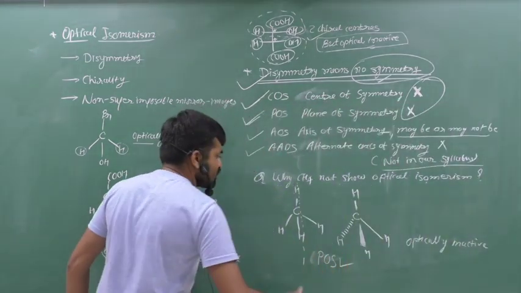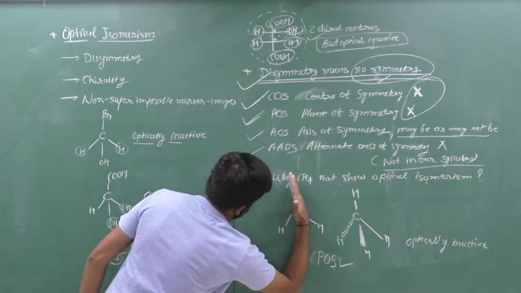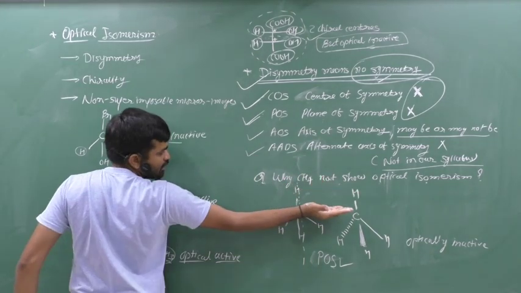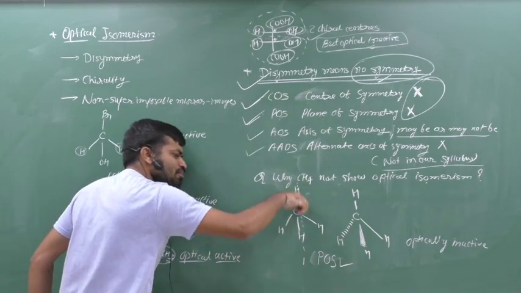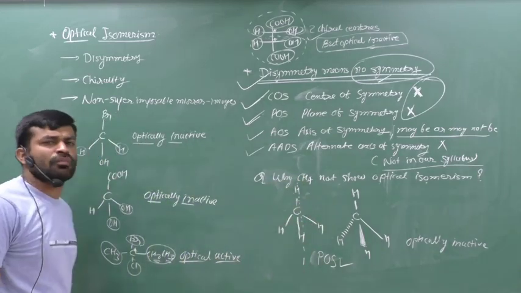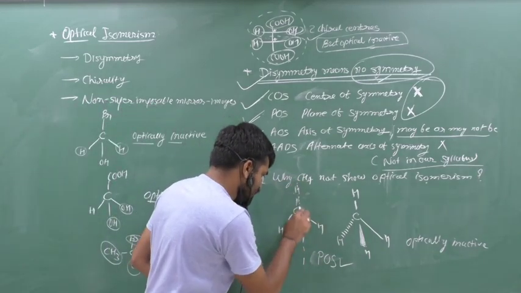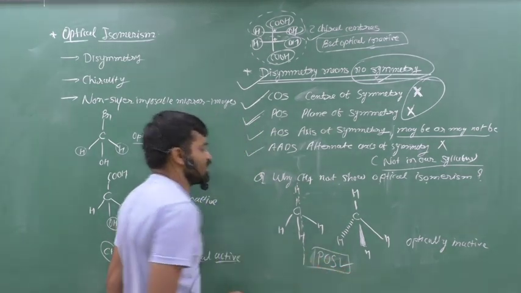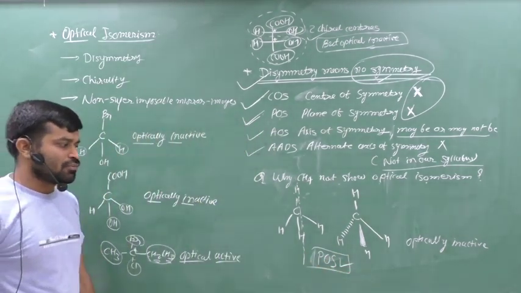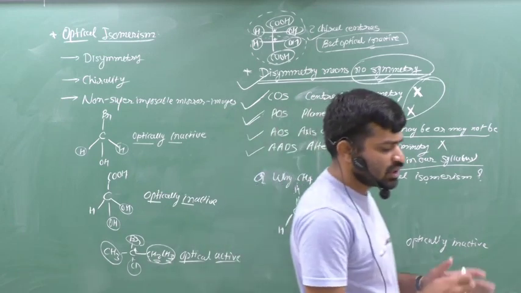It is not necessary to pass the plane like that; you can also pass it like that, like that, like that. But this type of plane cuts the molecule into 2 equal parts. Therefore, you can say that a plane of symmetry is present in methane. Therefore, methane does not show